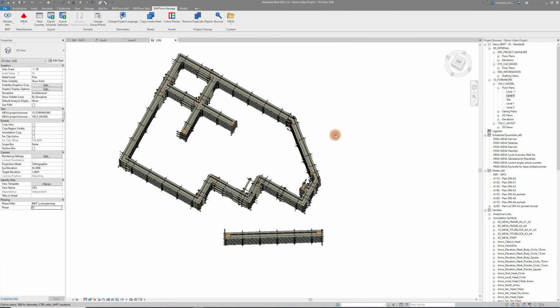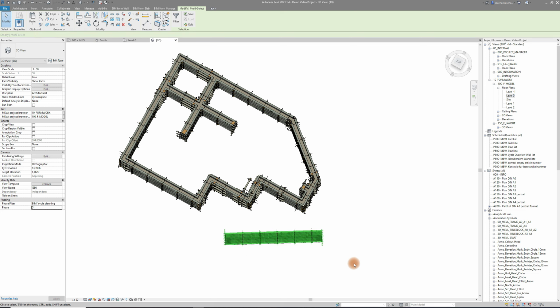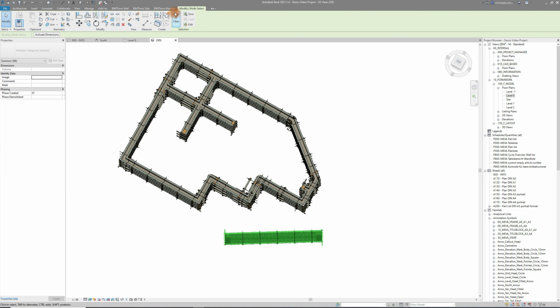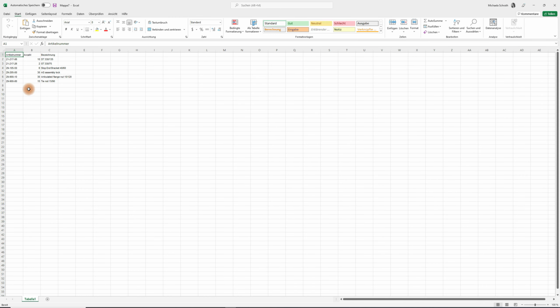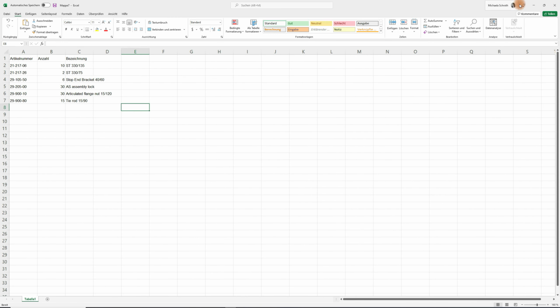And it also shows family, type, and item identification name. With the next export function, it is possible to export only a certain selection of parts, for example the formwork parts of our freestanding wall. Select them, click the command, and there will be a very simple Excel export as well.